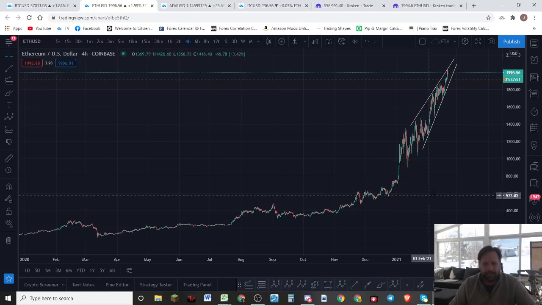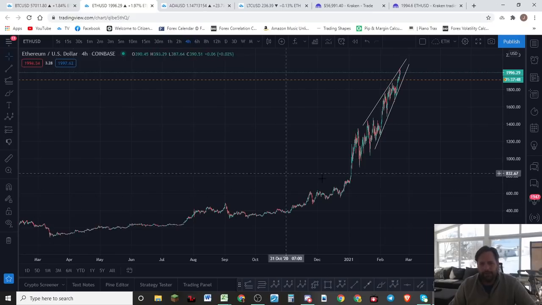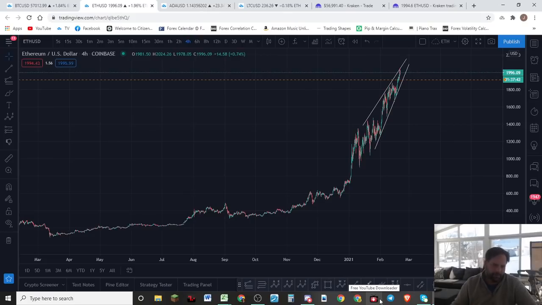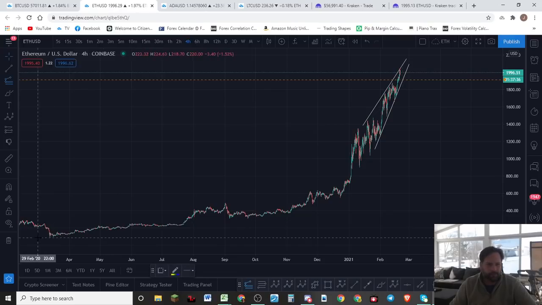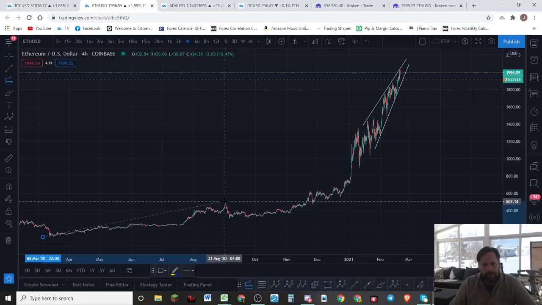Okay, let's look at Ethereum first. Now, as we're trying to figure out what this wave is, we need to measure the fibs and look at the relationship between the first wave and what follows the first wave. Basically what we'll do here is I'll take my fib extension tool. We'll start at the bottom of wave 1 and go to the top of wave 1.